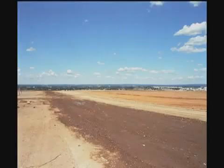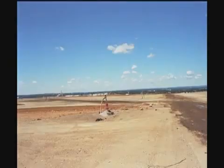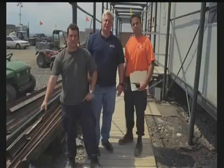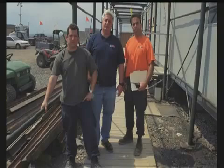The recovery operation ended as quietly as it began. The debris removal at Ground Zero ended on June 28th, and the sorting at Fresh Kills officially ended on July 26th at 1:07 p.m. They carefully documented that time because it was such an enormous task that they had accomplished in just about 10 months. They didn't know if it was going to take them 2 years to do this. In the end, of the 1.8 million tons,